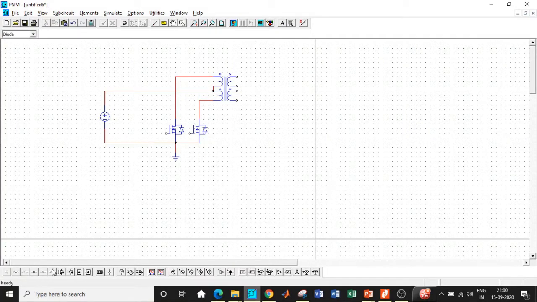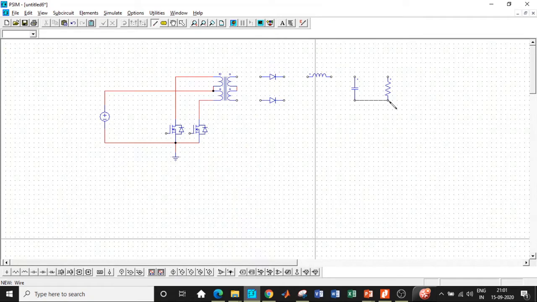Once this is done, we need a diode at the secondary side. Connect this. We need another diode at the secondary side, so connect this in this particular fashion. And we need an inductor, so use an inductor. We need a capacitor, so rotate it. Choose the inductor, rotate it by right clicking on the mouse, and we also need a resistor, so right click the resistor in order to rotate that. And once that is done, we'll be connecting it according to our circuit diagram.